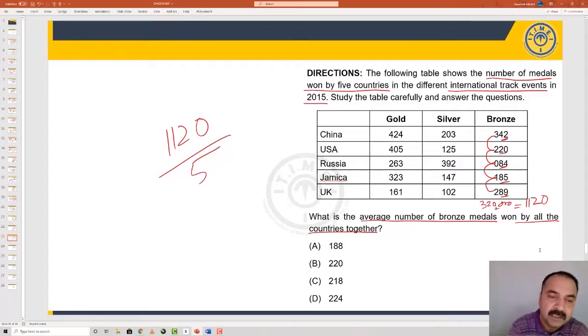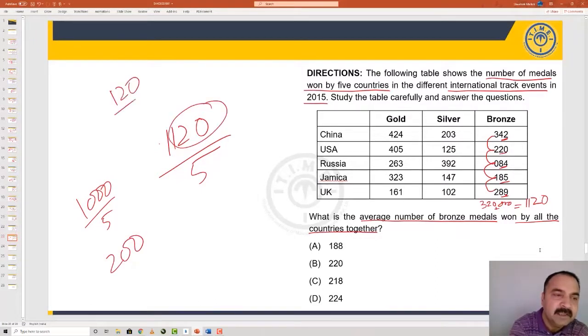You'll say 1000 by 5 would have given me 200. And the remaining 120 by 5 is clearly 24, because 24 5s are 120. So these are some of the initial multiples and tables you might need to remember. You don't have to remember the table of 22, 23, 24, but 24 5s are 120 is a very common number you might come across when you are practicing a lot of mathematics.